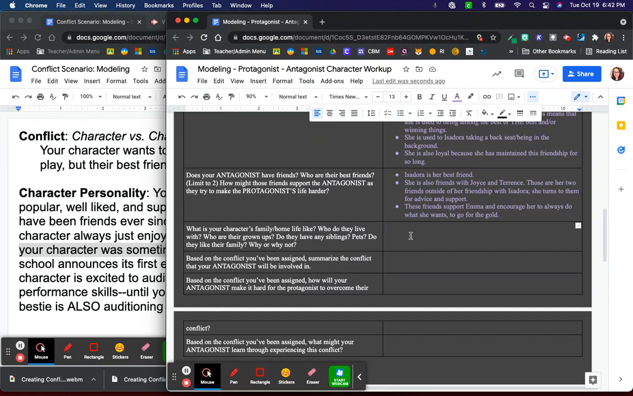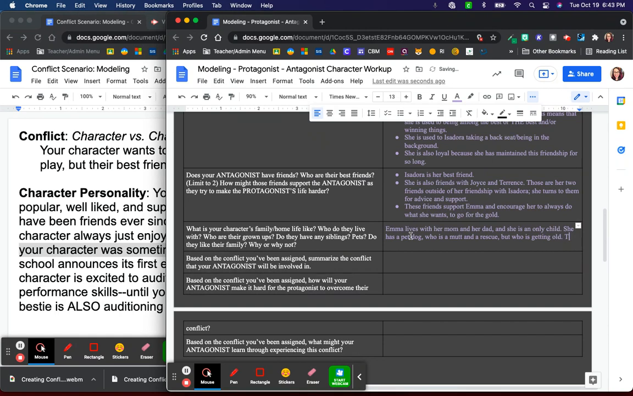Okay, so I'm going to say, what is your character's family or home life like? Who do they live with? Who are their grown-ups? Do they have any siblings, pets? Do they like their family? Why or why not? So I'm going to say Emma lives with her mom and her dad, and she is an only child. She has a pet dog who is a mutt and a rescue, but who is getting old, maybe getting a little gray in the